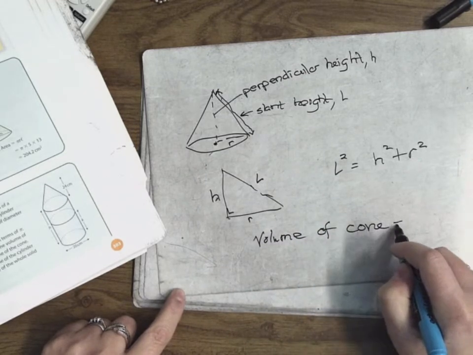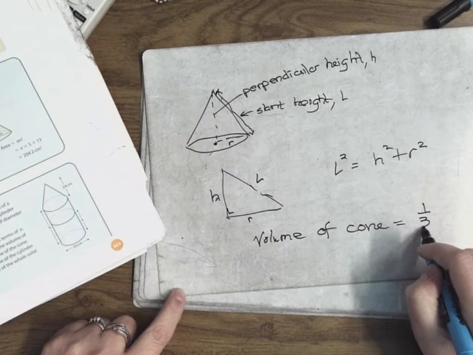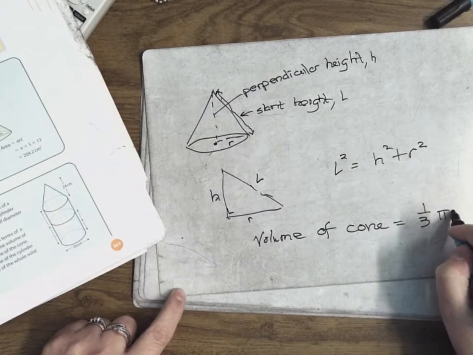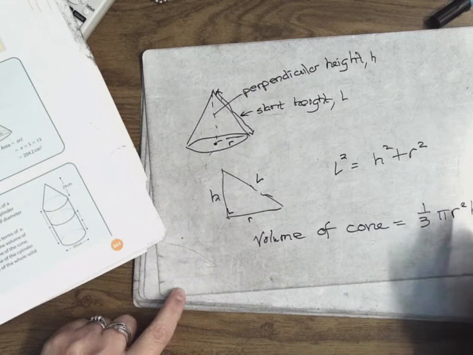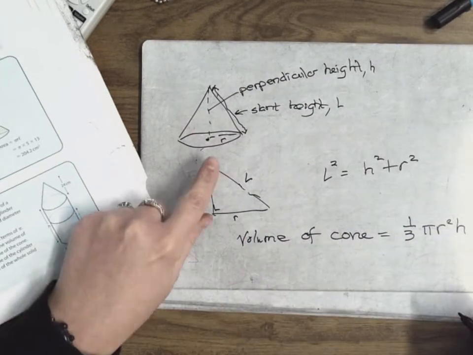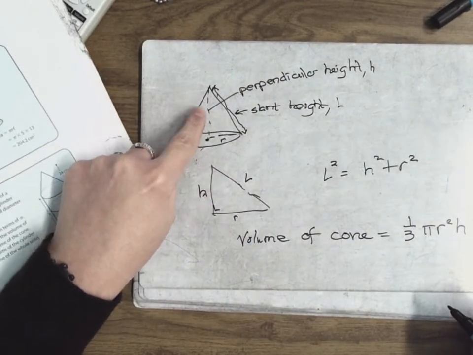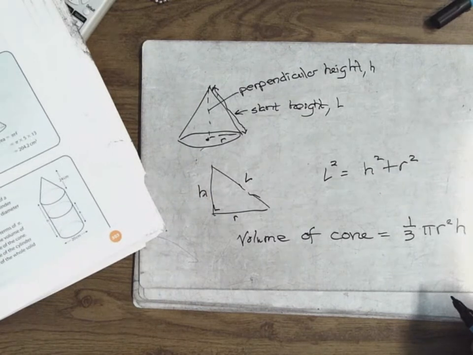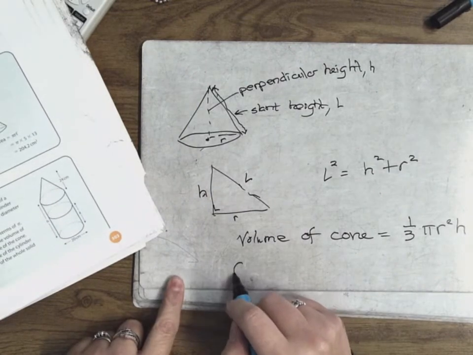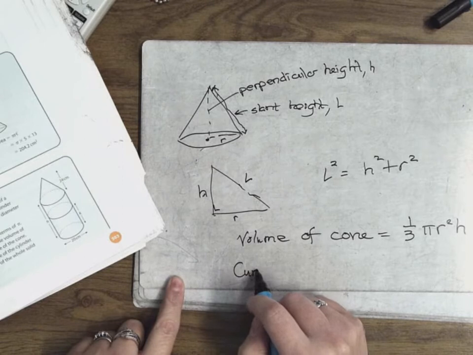So the formula is 1/3 pi R squared H. So to get the volume of the cone, girls, you need the radius and you need the perpendicular height, the straight up height. Okay? Now the curved surface area of the cone